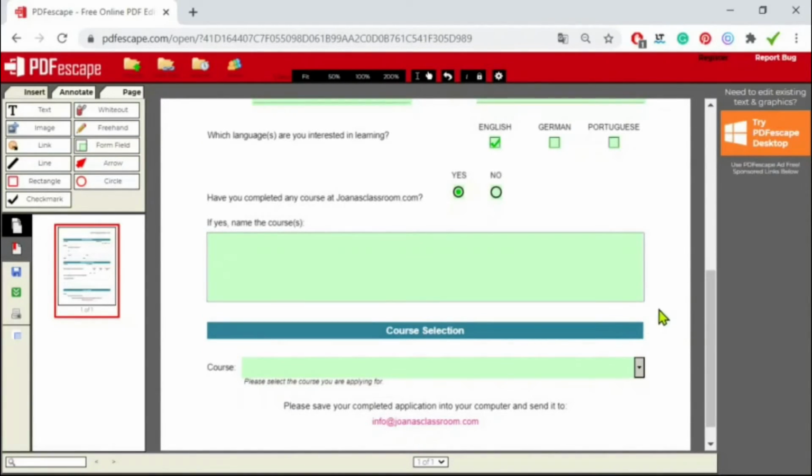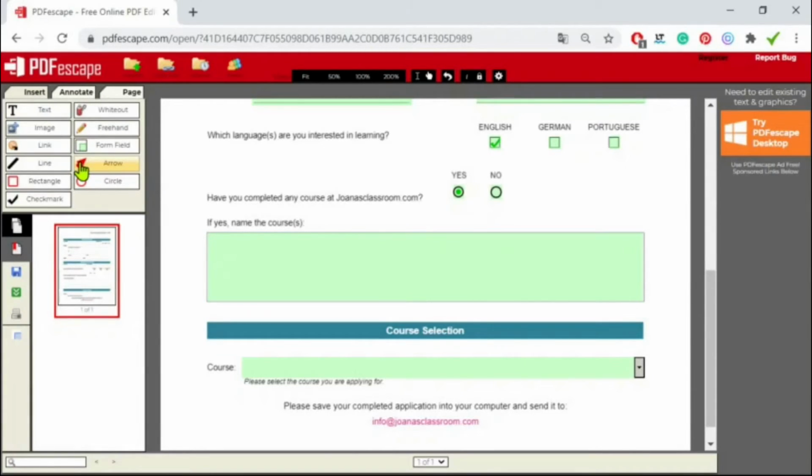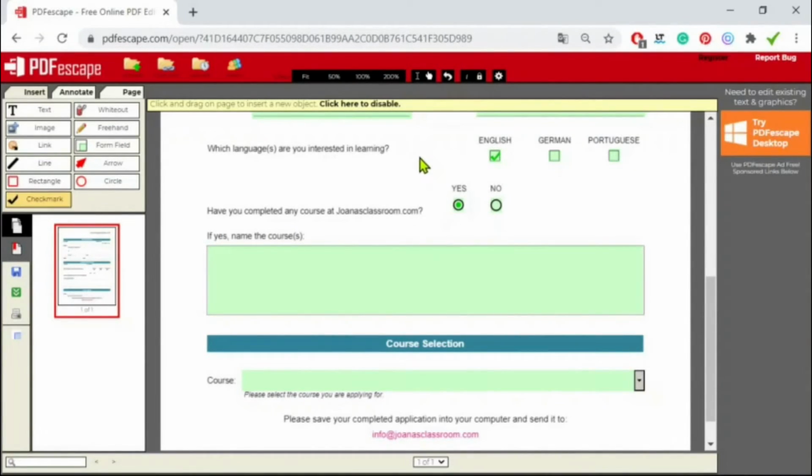Let me go back to the Insert tab and check all the options that we haven't used yet. Starting from the bottom up, we have a check mark. I'm going to click to give it a try, but as you can see, this is a different check mark. It's not a filled form like this one here. It's not something that you can remove, so I don't really need it right now. Let me just delete it.